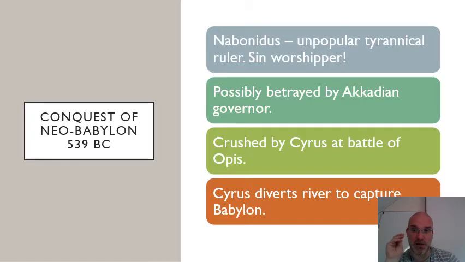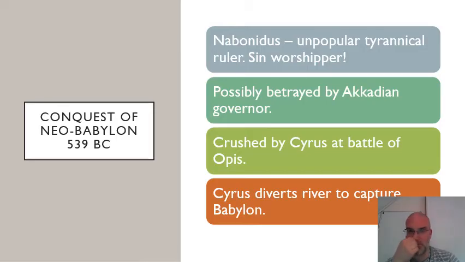It's possible he tried to refocus Babylonian religion, or introduce a new deity, or focus worship on a deity called Sin, which is, I think, a moon goddess, and that's why I put Sin worshipper up there. So Nabonidus is changing forcefully the way people worship and showing great disrespect to the gods. Now,